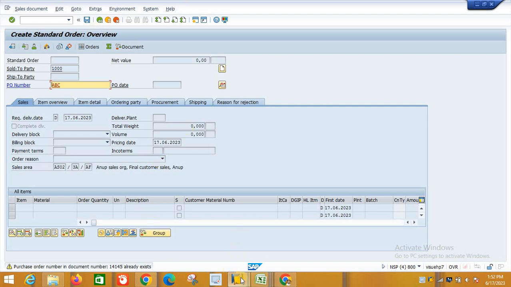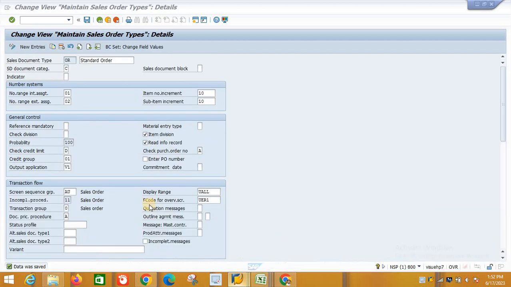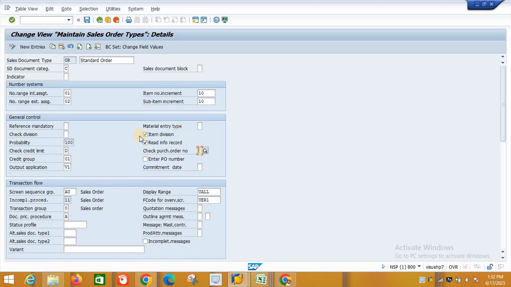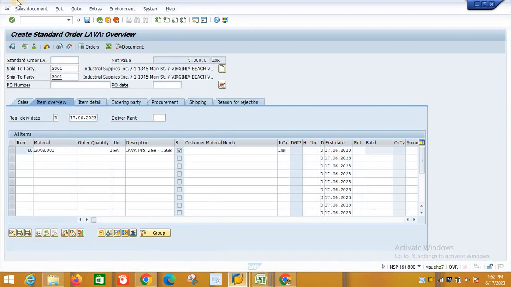And this setting came from the read info record, sorry, purchase order number. So I will keep it as no check. Even though the purchase order number is duplicate, there is no need to check.